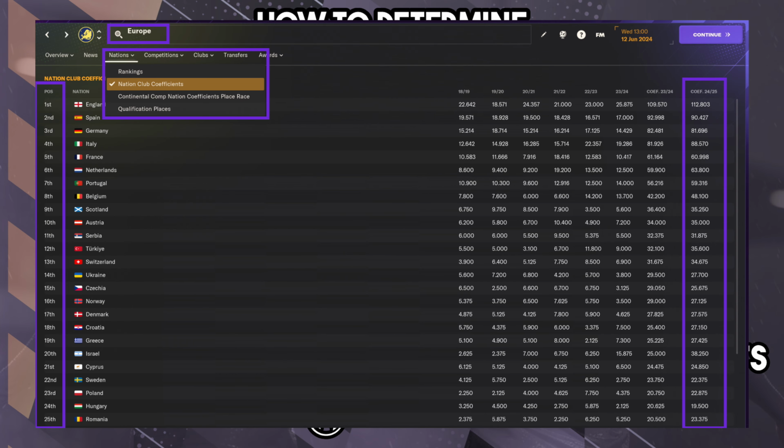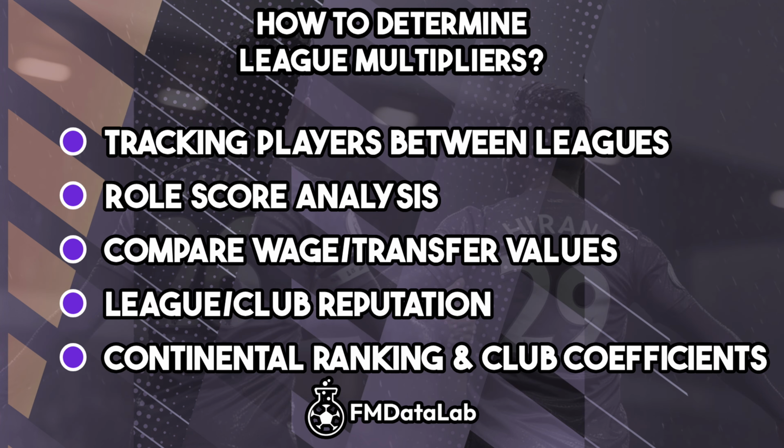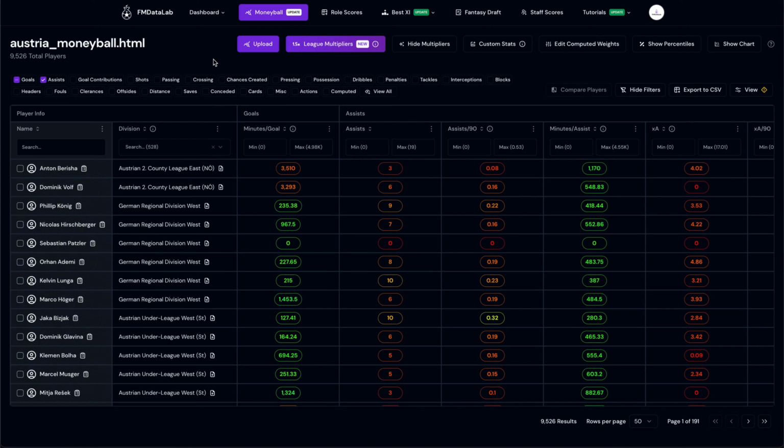If their clubs are getting battered in their continental qualifiers, that might be a sign that their domestic stats need toning down a bit. You don't want inflated numbers sneaking in from a league that just folds the moment they leave home soil. So there are two ways of getting cracking on with the League Multipliers once you have